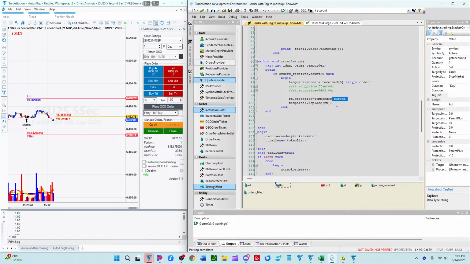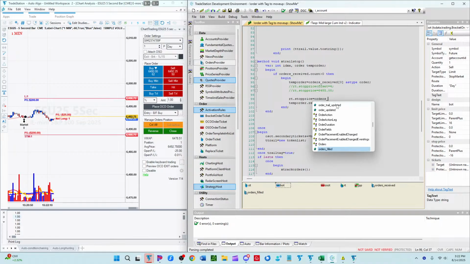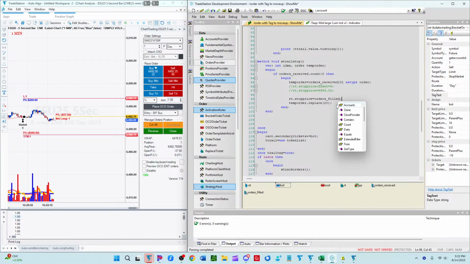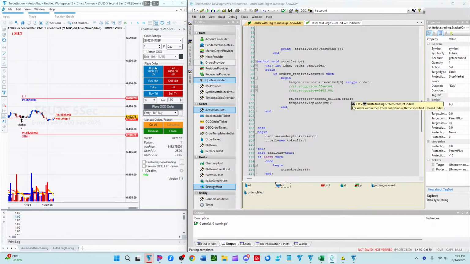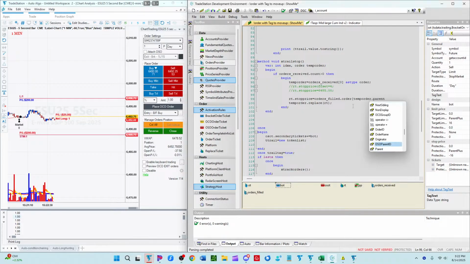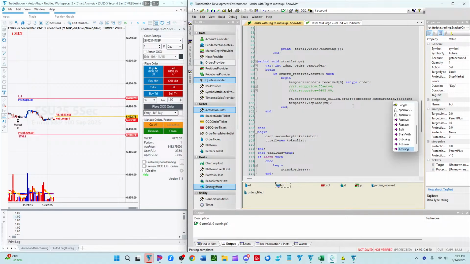Temp order. I mean, what I'm thinking about would be something like orders field, dot, order of temp order dot parent or OSO parent ID dot to string